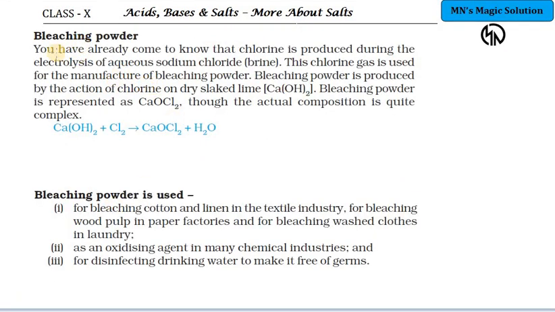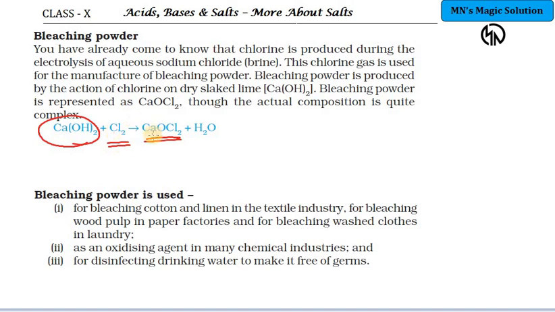So the first subheading, sodium hydroxide preparation, we have seen. The second is bleaching powder. How is bleaching powder obtained? From the chlor-alkali process of NaCl you get chlorine gas, right? This chlorine gas, when it is treated with calcium hydroxide, gives you bleaching powder, which is CaOCl2. Which one? Bleaching powder. We can call it calcium oxychloride, right? So here you obtain calcium oxychloride as a product of calcium hydroxide treated with chlorine gas.